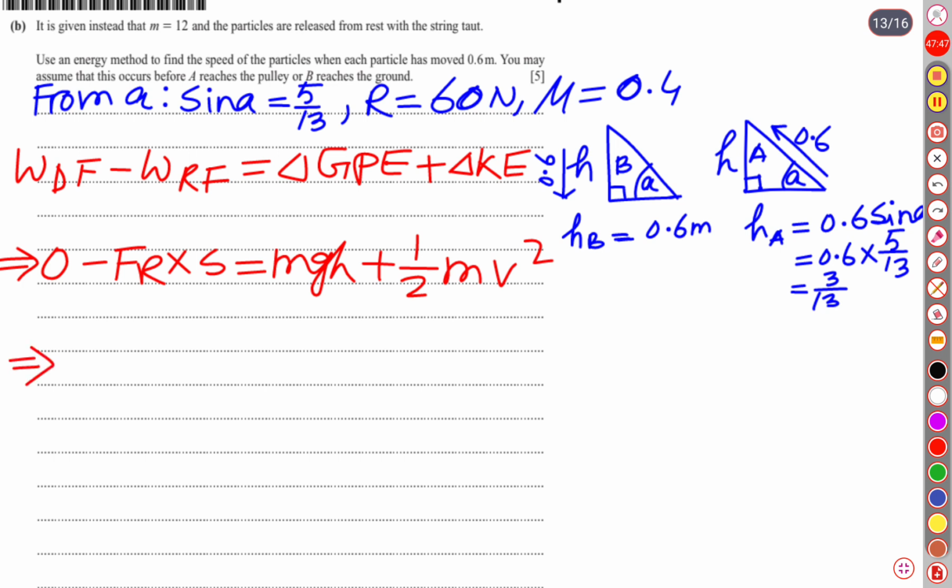The frictional force is mu R. Our mu is 0.4 and normal reaction is 60. So it is negative 60 into 0.4. Then the displacement was 0.6 meter, so 0.6 is equal to